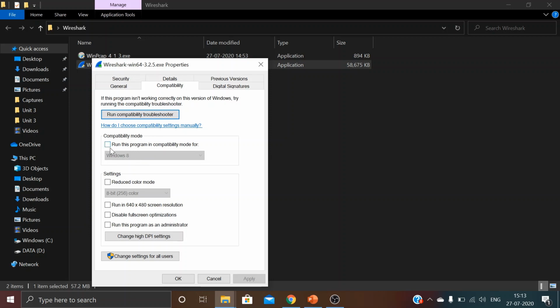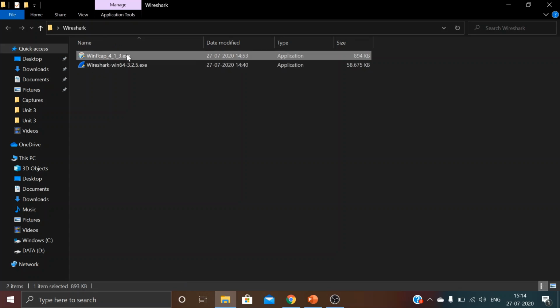First of all, click on this button, run this program in compatibility mode for, and choose Windows 7. Clear? So click run this program in compatibility mode for Windows 7 and click here run this program as an administrator. Mark this and mark this for Windows 7, and apply.